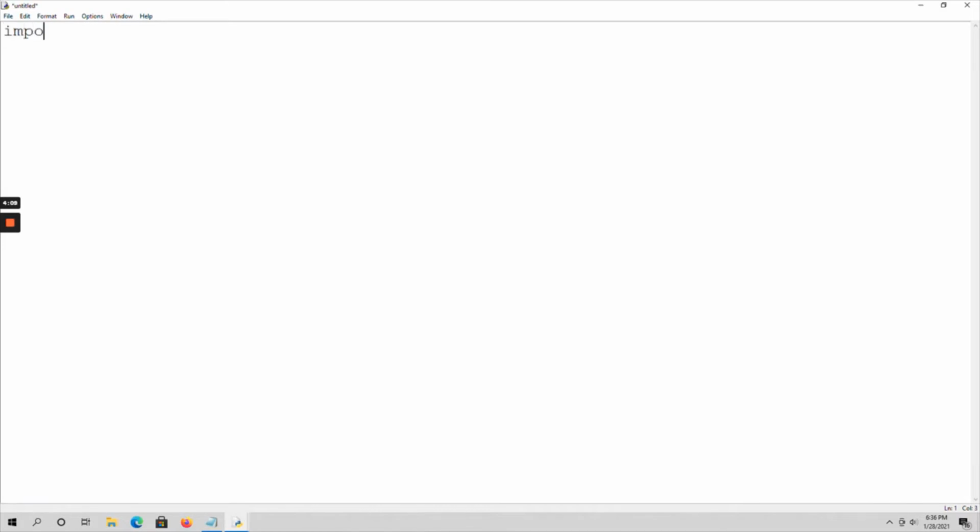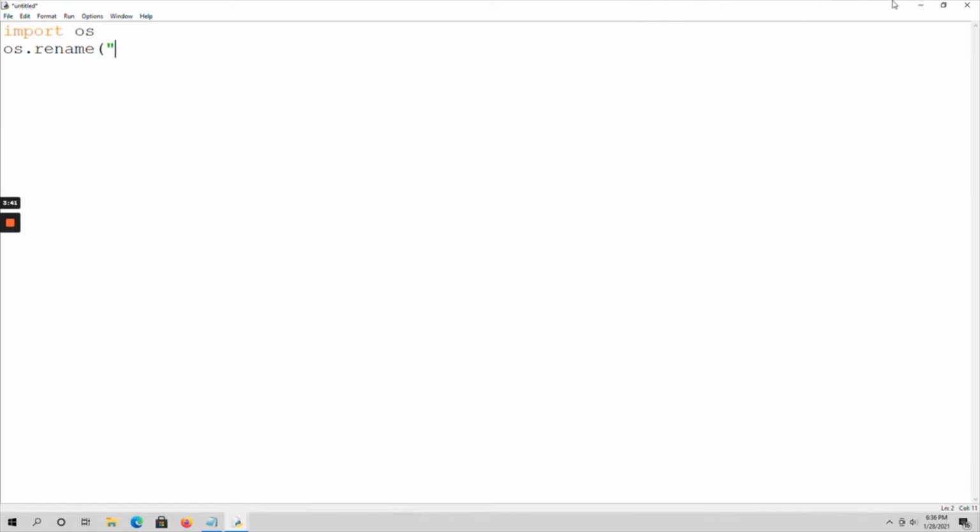We have to import the OS module, and os.rename is the inbuilt method. It takes two arguments: the old file name, which already exists, comma, and the new file name that you want to give to that file.